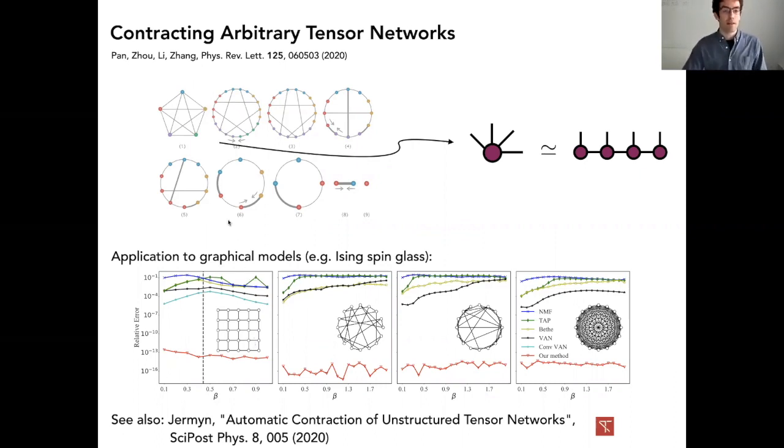And I don't have time to discuss how it works, but it's a very great idea. It's very fascinating. You take each tensor and you basically blow it up into an MPS. So if you remember earlier in the talk, I showed how you can basically unroll a big tensor into an MPS. You do that to every tensor in the network. Then you have this more fine-grained network.